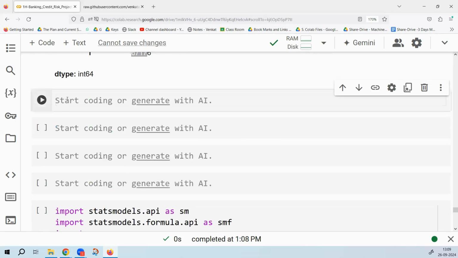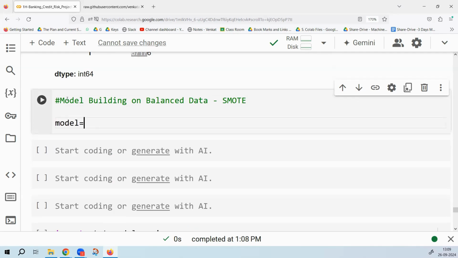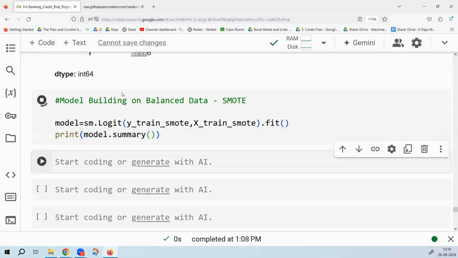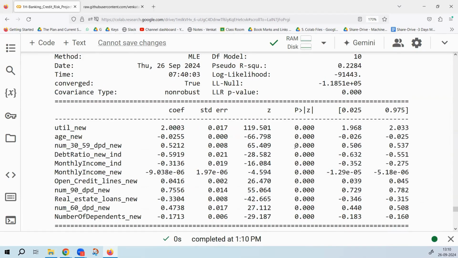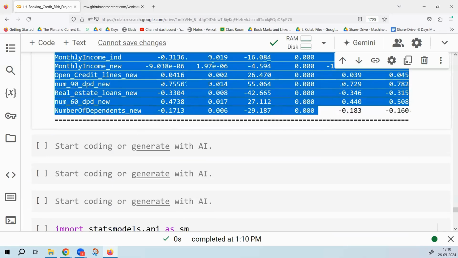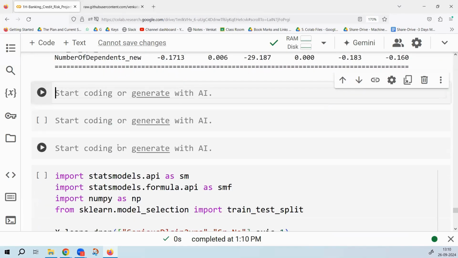Let me call that model building on balanced data, which is a SMOTE data. So I'll say my model is equal to sm.logit X-train SMOTE, Y-train SMOTE. Overall, the variable impact won't change, all the p-values will remain the same. However, the model will have a slightly better accuracy now on the class 1, which we are looking at through the confusion matrix